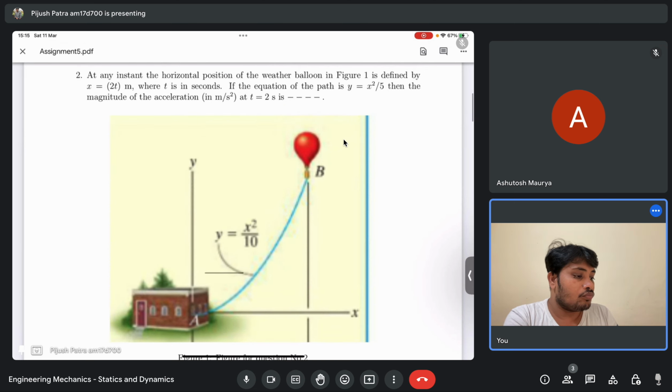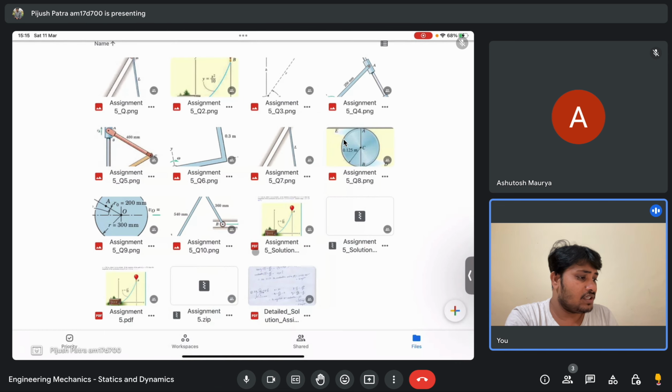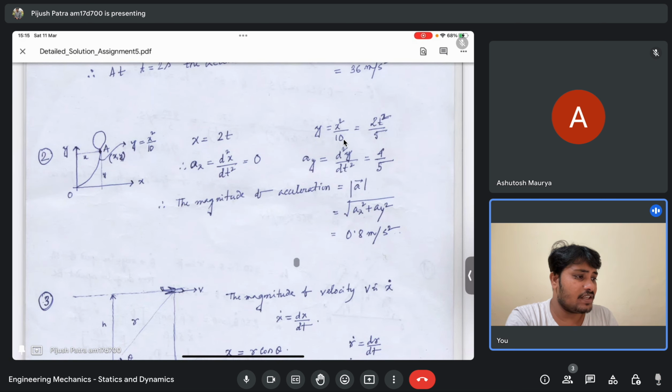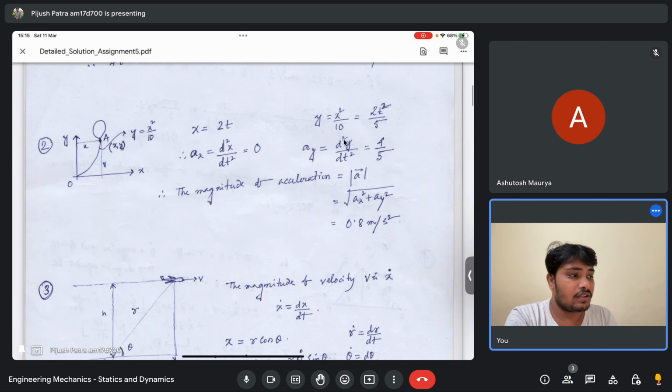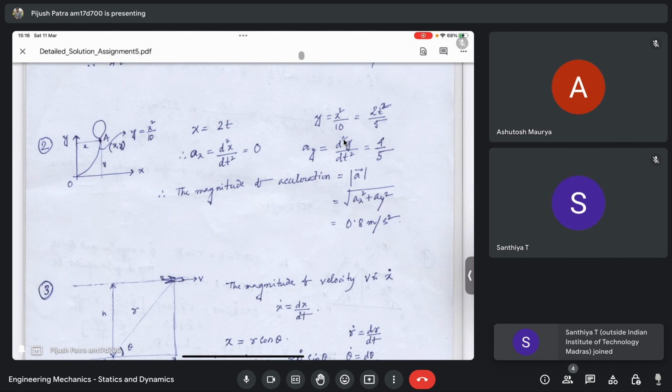We know how x is changing, because it is given that x equals 2t. We also know how y is changing with respect to x, that is y equals x square by 10. We have to find the magnitude of acceleration of the balloon at t equals 2 seconds. That is what we have been asked. Again here it's very simple. x is given, that means the derivative of the position x with respect to time twice will give me the acceleration